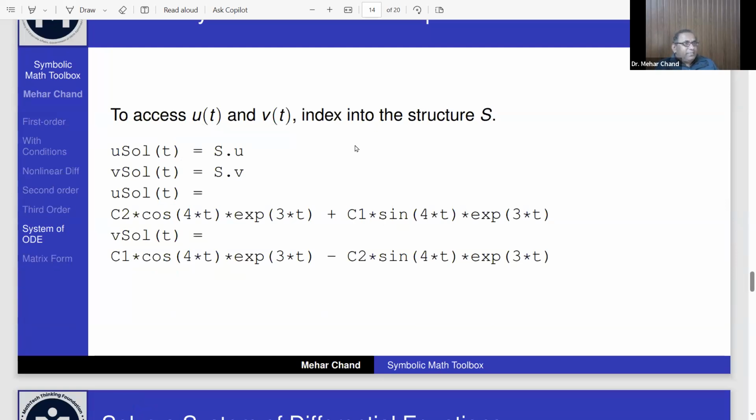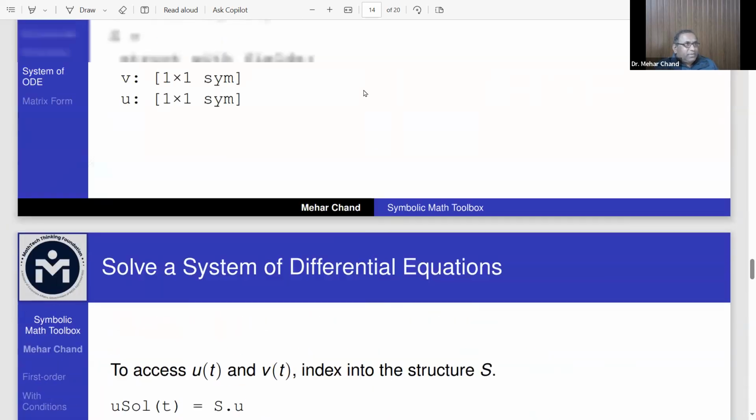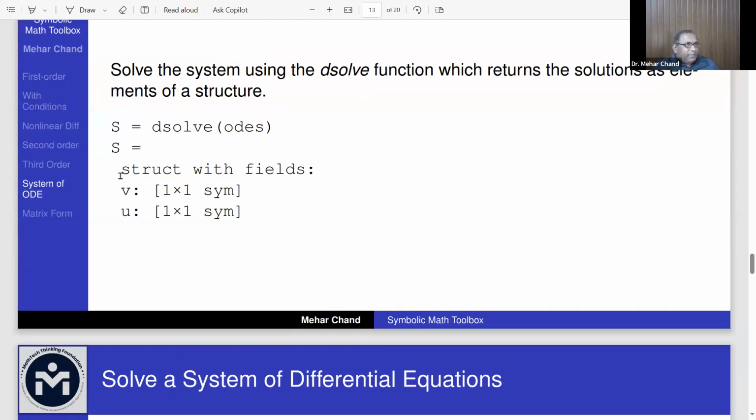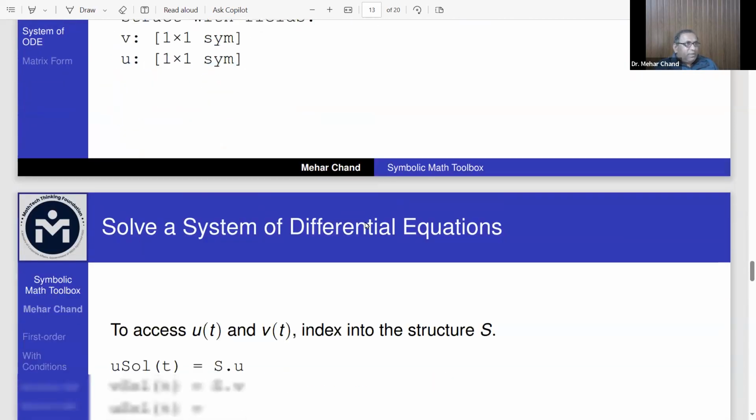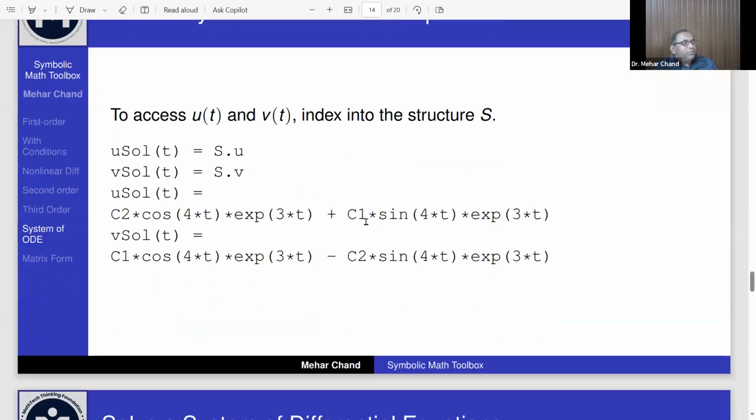Because of the above index, we need to access u(t) and v(t) from the structure S. Okay, so you will use this statement. This is the structure S. Okay, so from this we need to access the values u and v. So how can you access? First you need